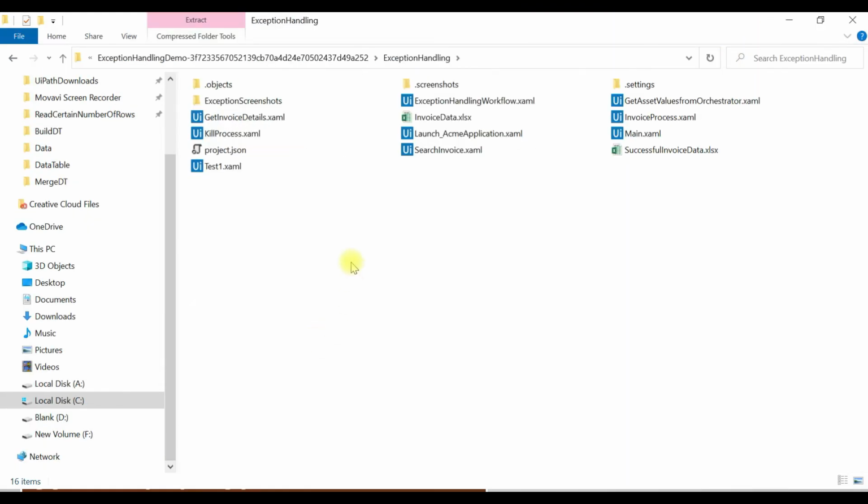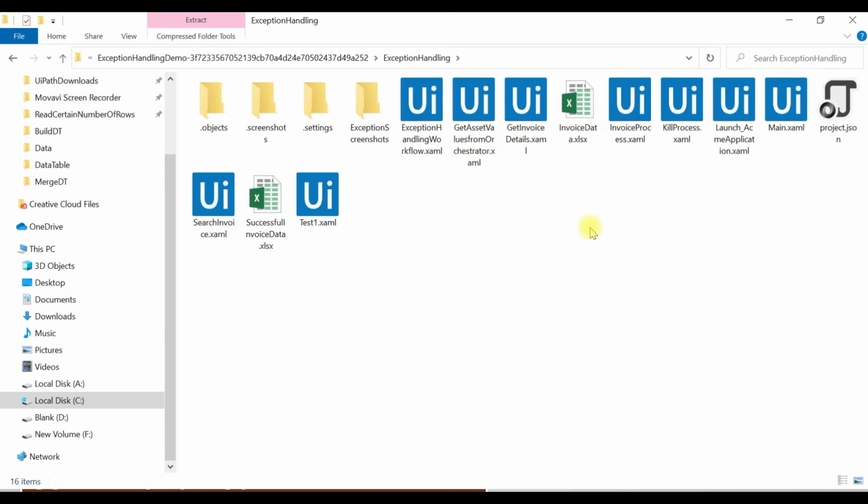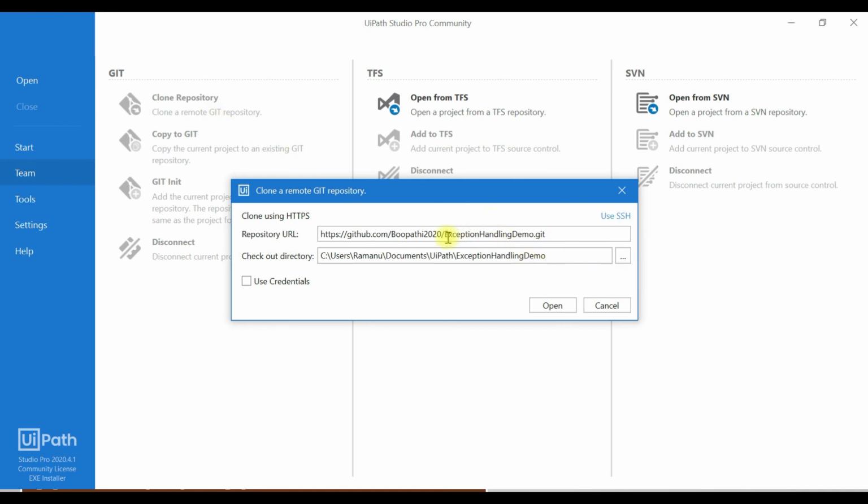See, there is no XAML file with the new test case, only test. We can also clone the repository to our PC and start working on that process. For example, when you onboard onto some project, you need to work on that existing project. In that situation, you can just clone their project repository and start working on it. Now click on Clone Repository. This is our repository URL.